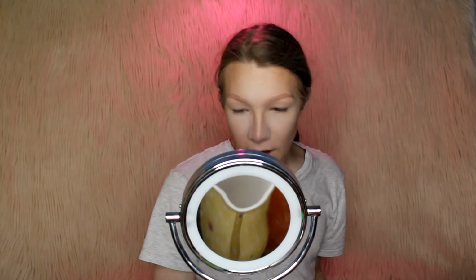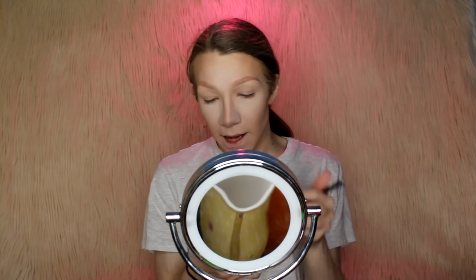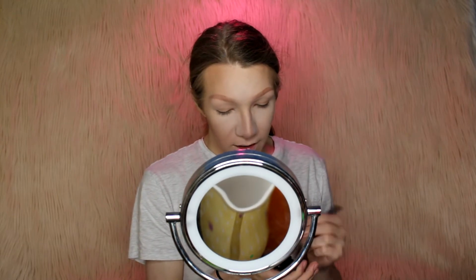So that is giving me a glow. So on the other eye, I want to try out the Morphe, the Ofra, what is it? It's Glazed Donut from the Nikki Tutorials collab. I want to try that on my other side. So,